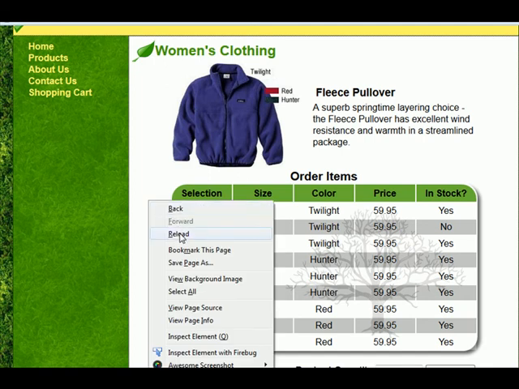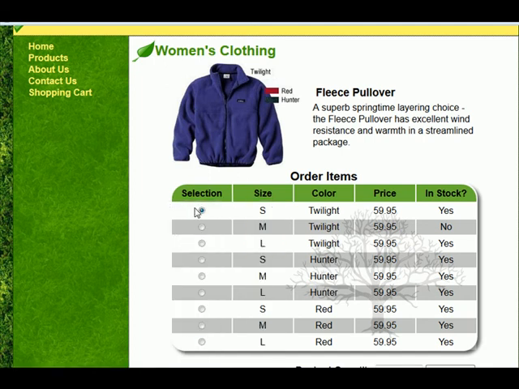Now, if I do this, I have only the first radio button checked. I show that at least one of my products is not in stock, and so now I've created a page that reads a parameter, and if you change the item, all of the details on the page